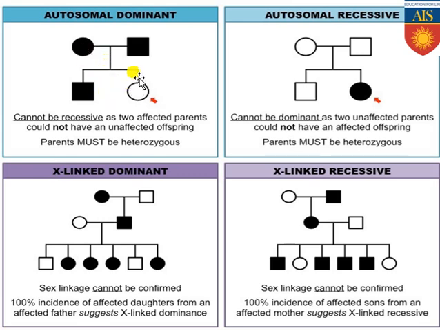So in this pedigree chart, you can see the male and female, that is father and mother, both are affected. When they have met, among the offspring produced, one male is affected, but one female is unaffected. How is it possible? Keep it in your mind, it cannot be recessive, as two affected parents could not have an unaffected offspring. So with an autosomal dominant trait, if the parents are affected, there is no chance of getting an unaffected offspring.